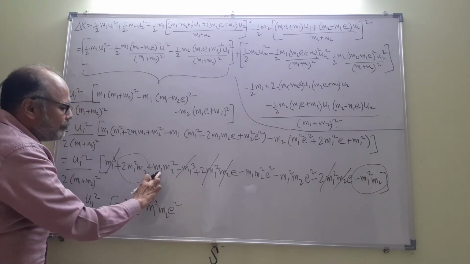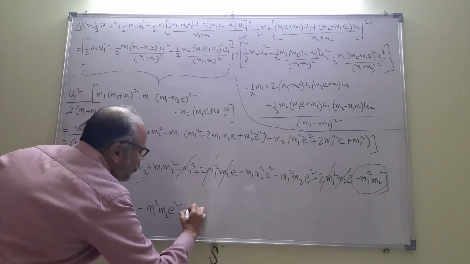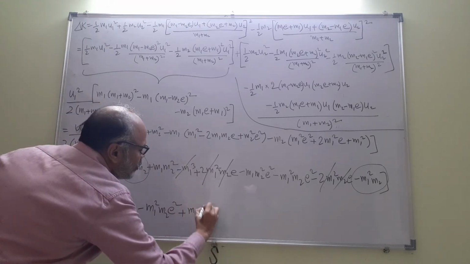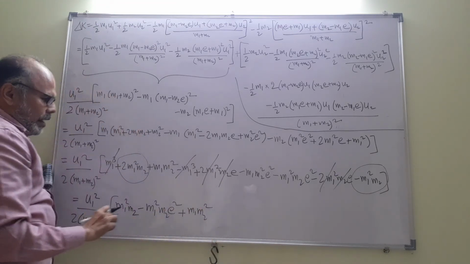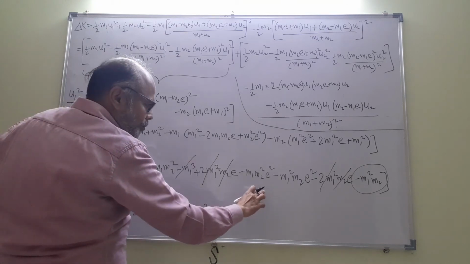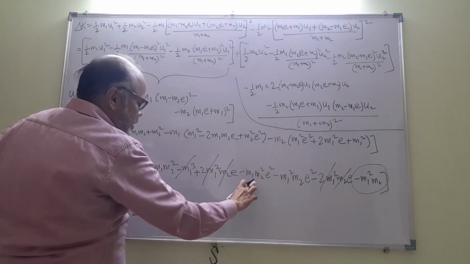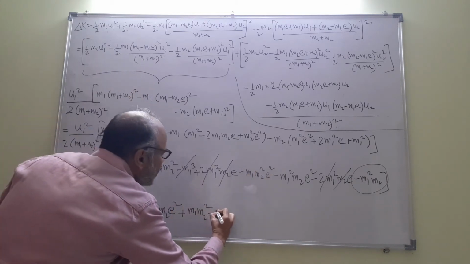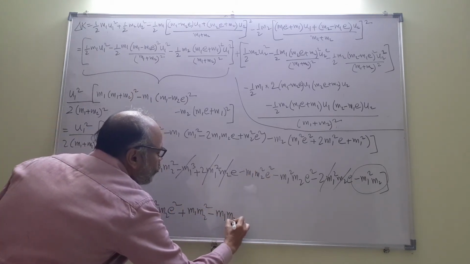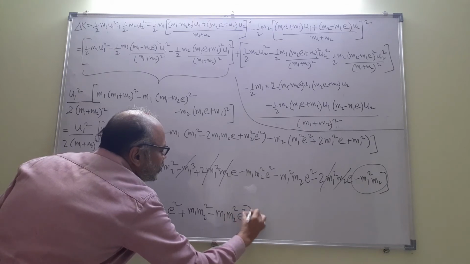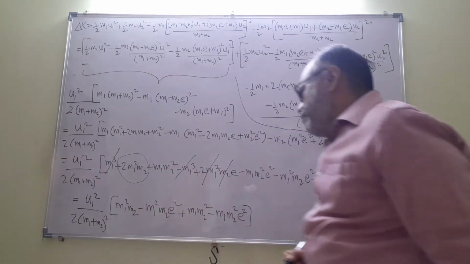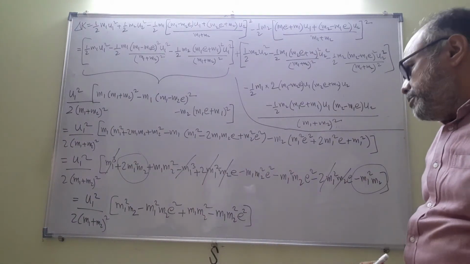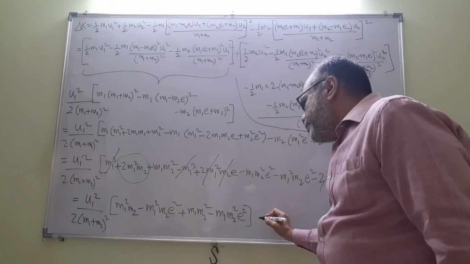Then we have a term m1 m2 squared, so plus m1 m2 squared, and here you have a term minus m1 m2 squared e squared. Yes? So if you simplify this,